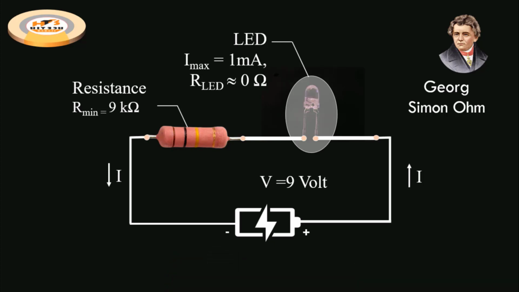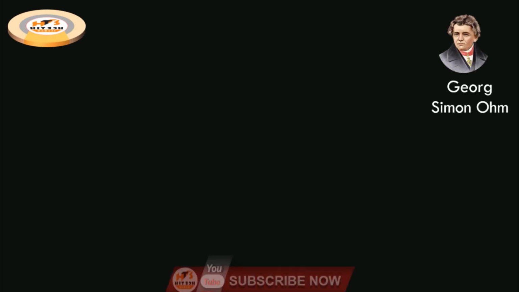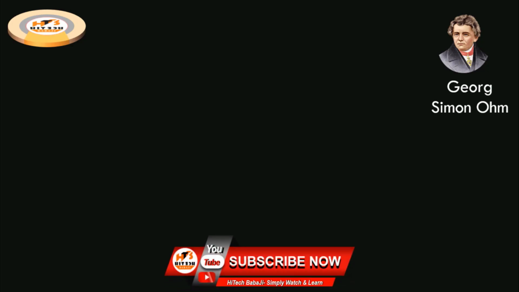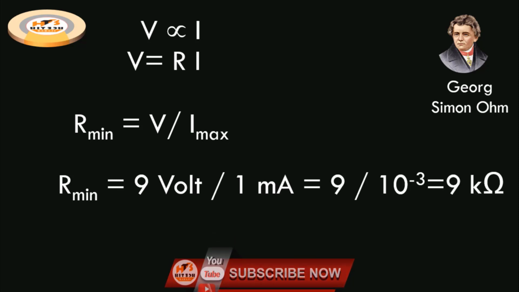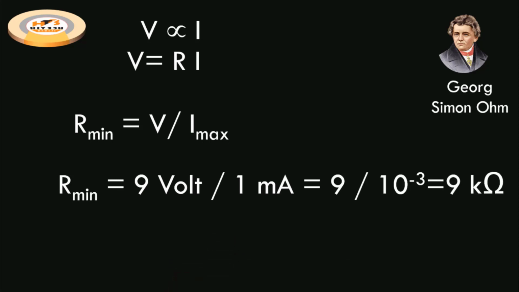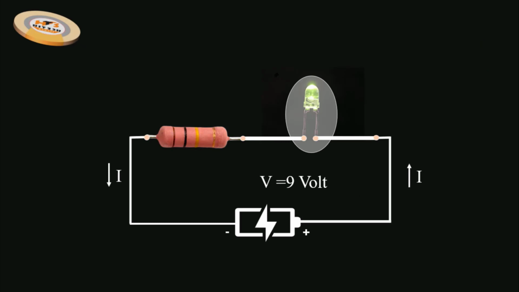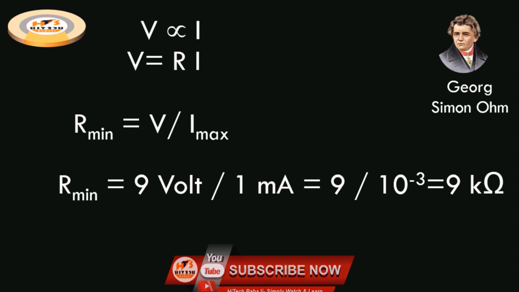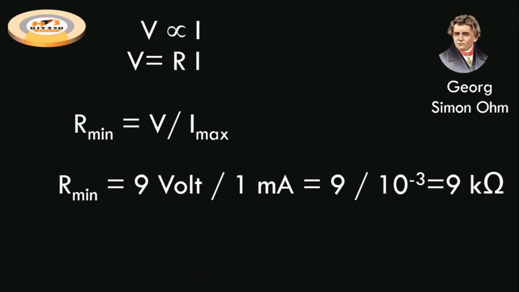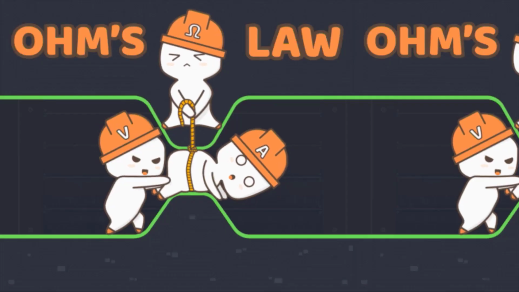equal to 1 milliampere. Now as per Ohm's law, we know that the voltage across a resistance is directly proportional to the current I passing through it. So we can say V is directly proportional to I, or V = R × I, where R is the resistance, V is the voltage across this resistance and I is the current passing through R. The higher the current through a resistor, the higher the voltage drop across it. So if you want a higher current to pass through a resistor, then you have to apply more voltage to push the charge carriers through the resistor.